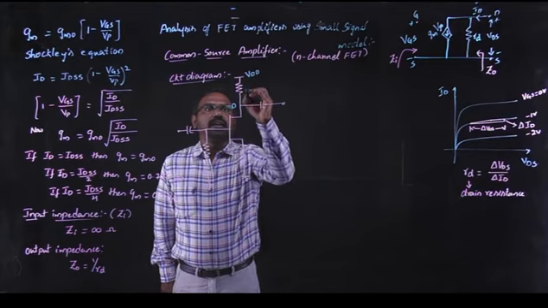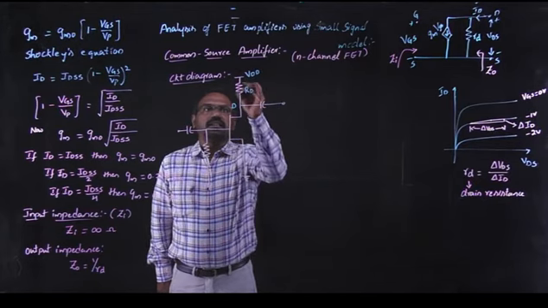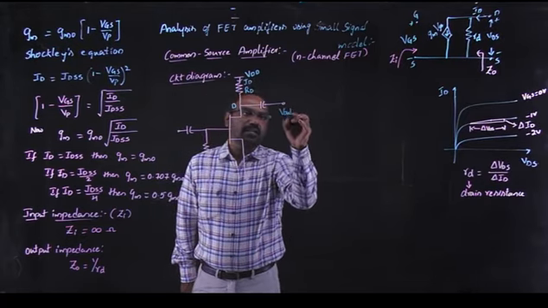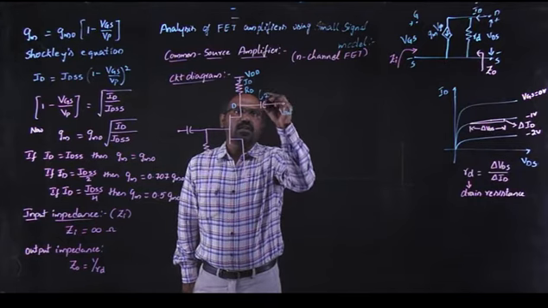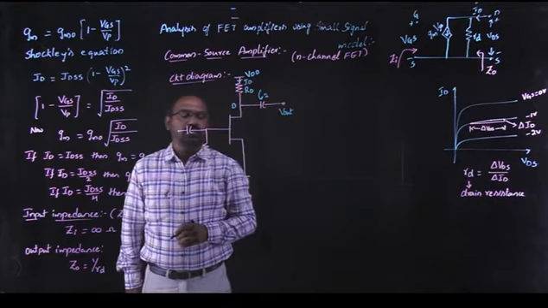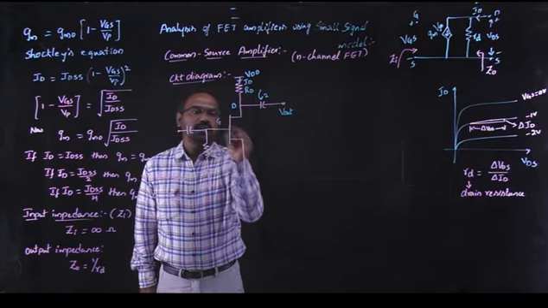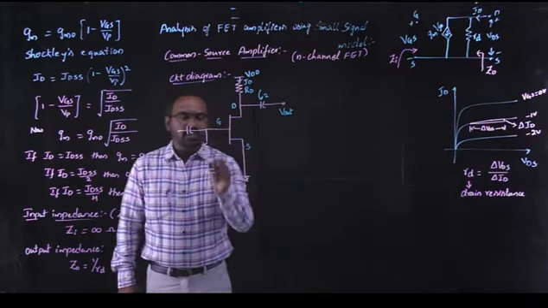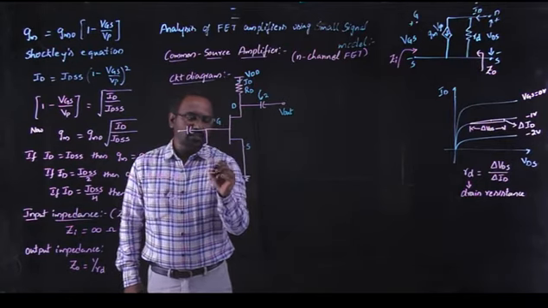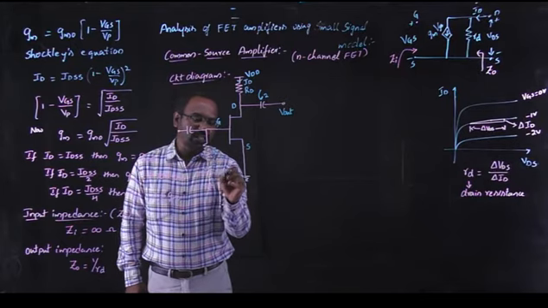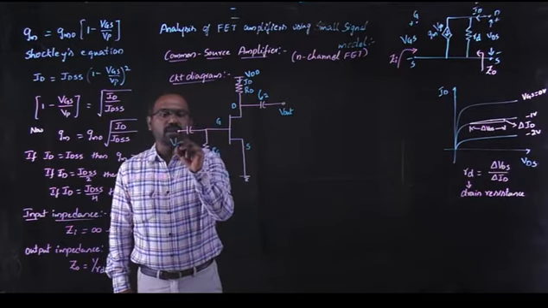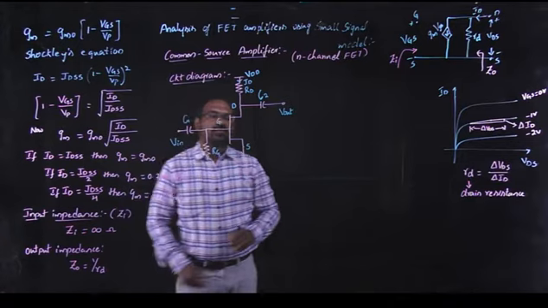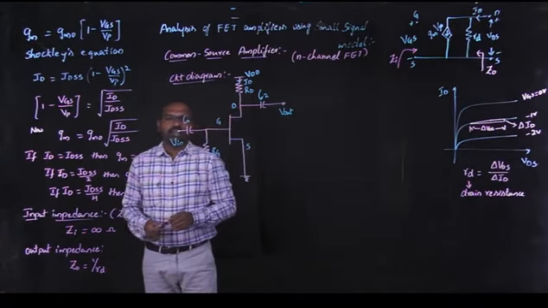So this is the drain terminal, VDD and it is RD. The current flowing through it is ID, and I am taking the output across the drain terminal through this output capacitor. Let us assume C2. This is the gate terminal. This is the source terminal. The source is always grounded. And this is RG, minus plus VGG. So here I am applying the input signal source Vin. This is capacitor C. So this is the common source amplifier circuit.